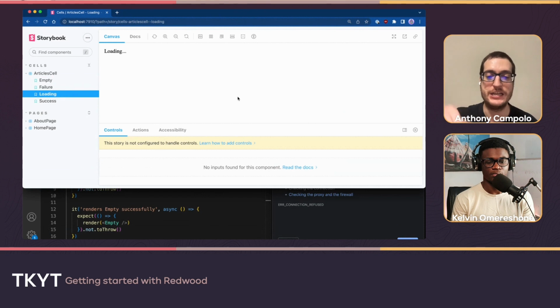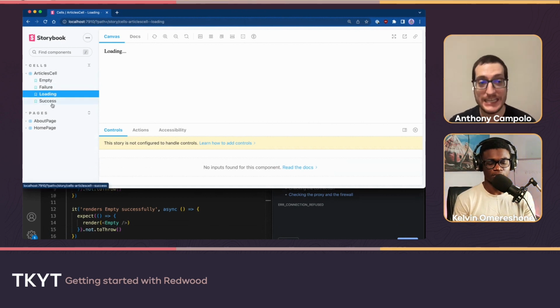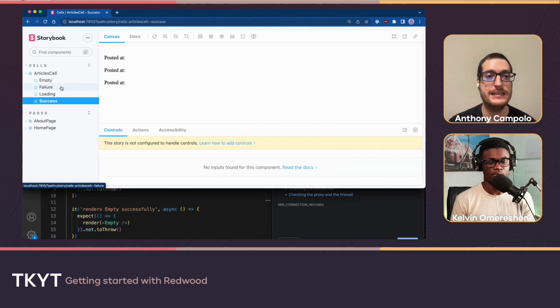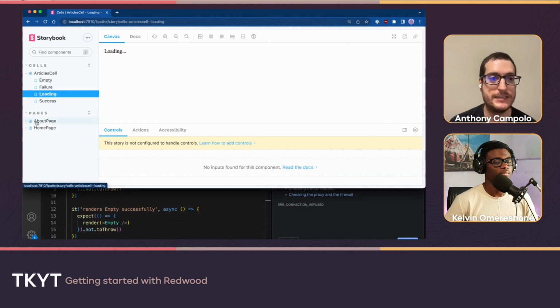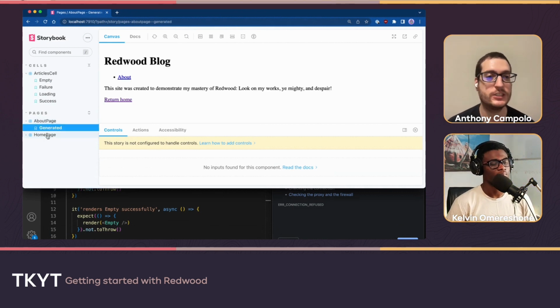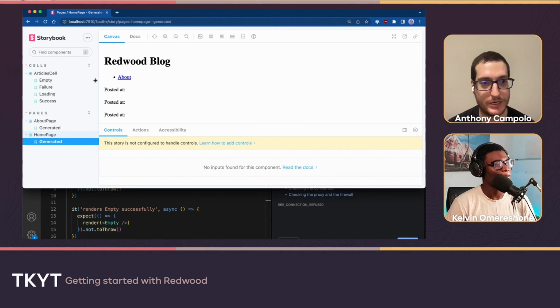If you're refreshing, you can see the loading spinner, or you can slow your network down to see the loading, but that's a lot of friction. It's a lot easier if you can just see all the different states your cell can be in and test them out. So you can see what your empty is, what your failure is, what your loading is. You can check out what your pages look like, and you can cycle between all of that.